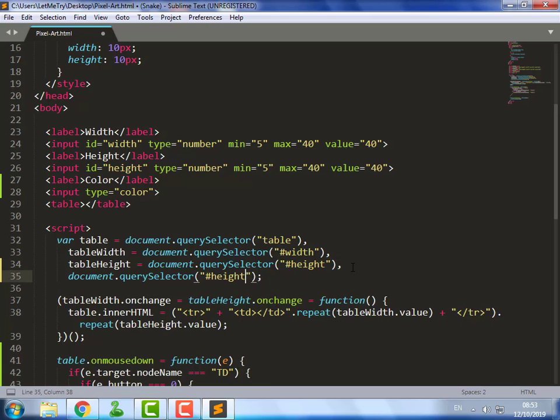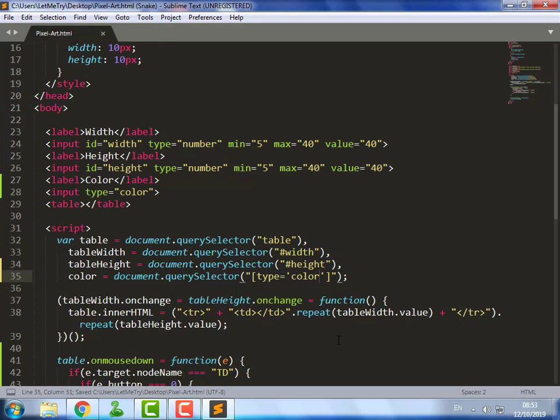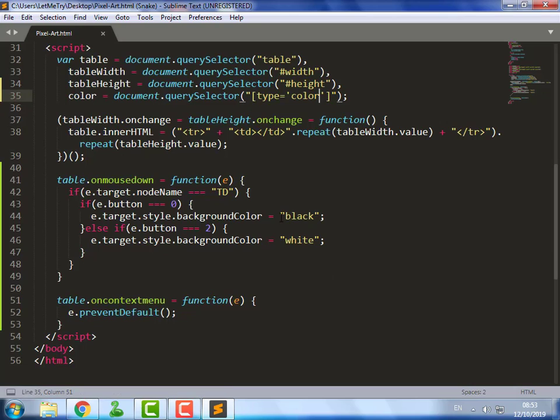Get its DOM object, and replace the static black color by the value of the color element.